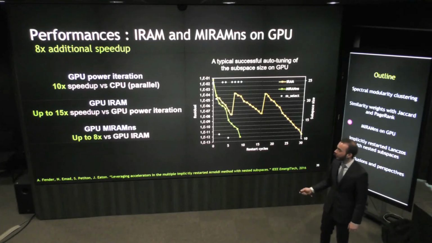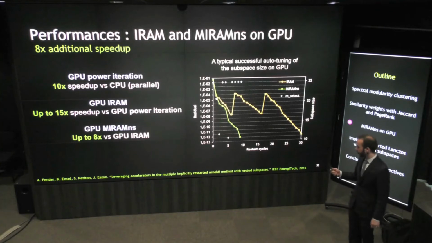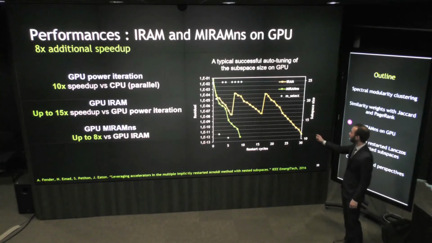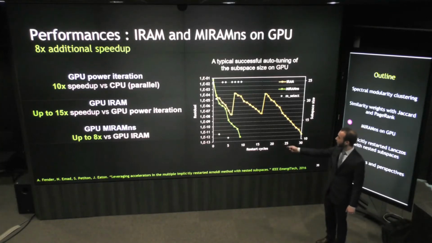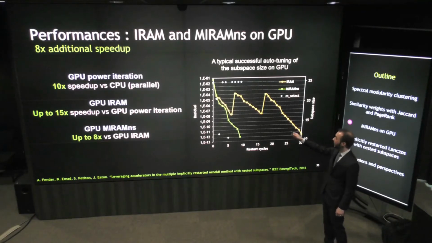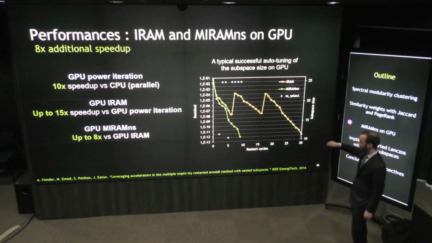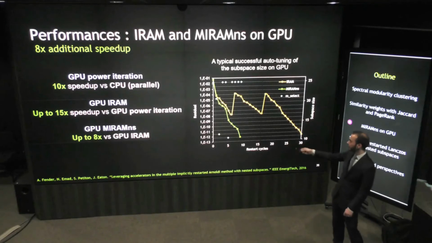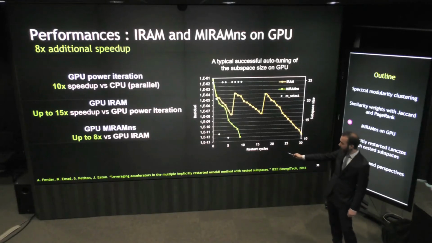And we have an additional 8x speedup when we use auto-tuning of the subspace size. And this is how it would look. So we convert Arnoldi-B without auto-tuning, and here it's with auto-tuning. You can see that the blue diamond shape here represents the subspace size that we select. And we do an active switch of the subspace size, which follows the green curve to converge much faster after